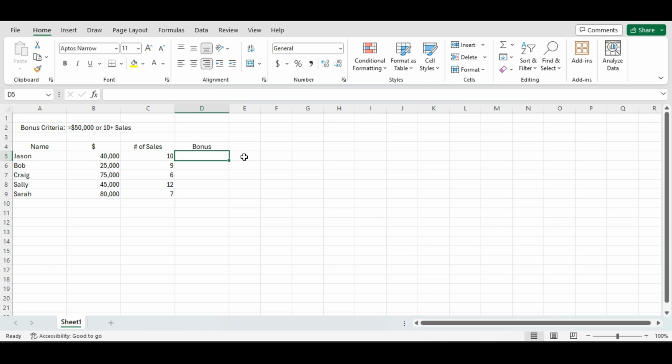Hello everyone, today we are going over how to combine the IF and the OR function together to make it even more powerful and useful. The example that we will be using is of 5 people who have made a certain number of dollars worth of sales and also a certain number of sales as well. And so we will be using the IF and the OR function to decide whether or not they are eligible